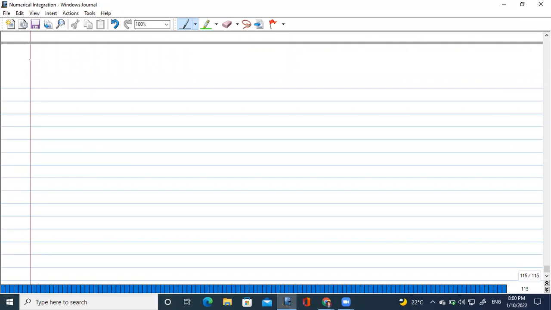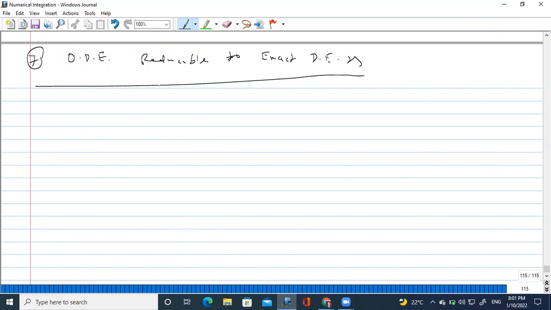Next is ordinary differential equation reducible to exact differential equation. Okay, so these equations also will be looking like